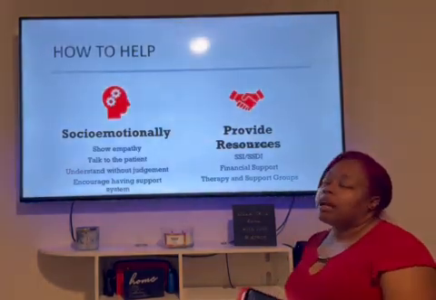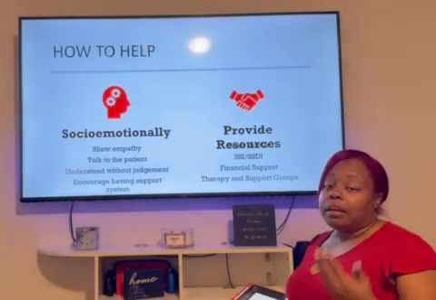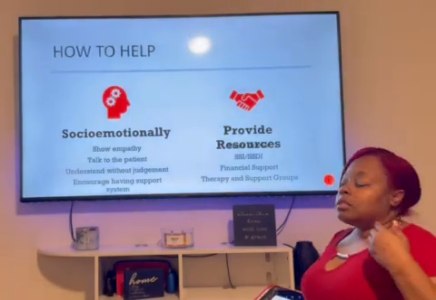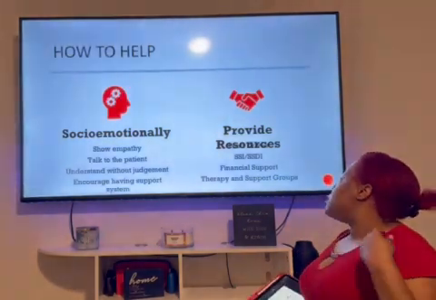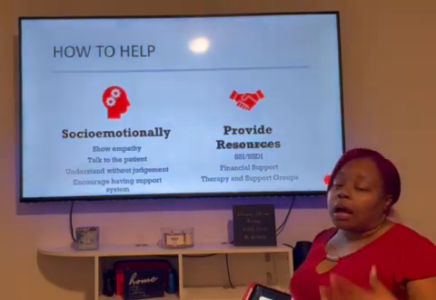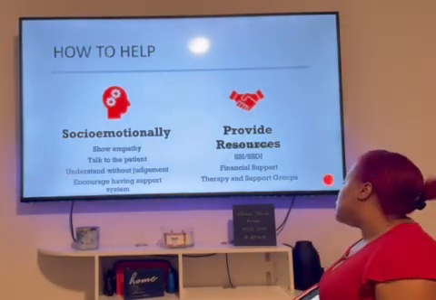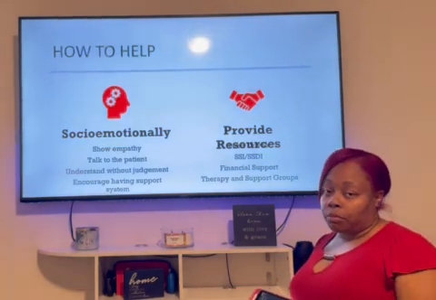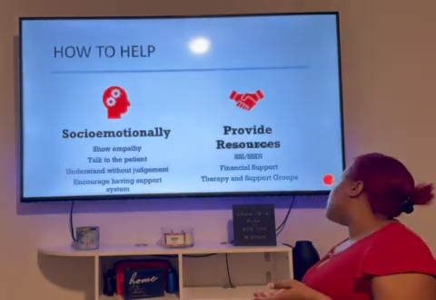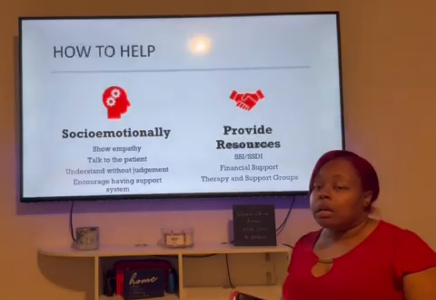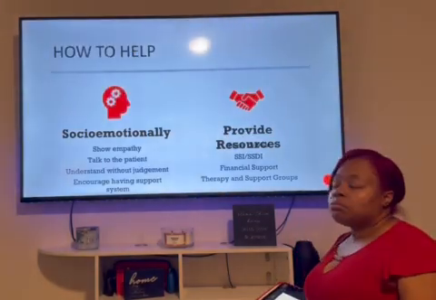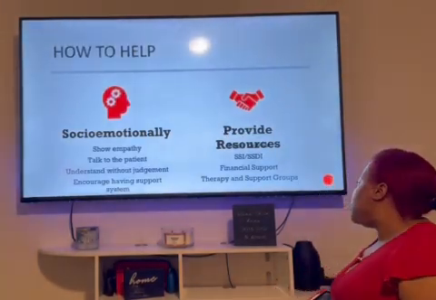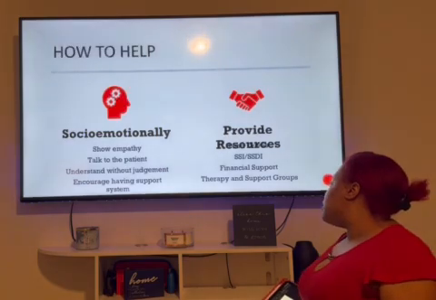Financial support, they are stating they're having financial struggles because of their time away from work, because they're having to go in and out of the hospital and having to miss work. Some may not have disability or FMLA set up for them with their work. So try to help find them support financially, give them some resources, and then also encourage them to go to